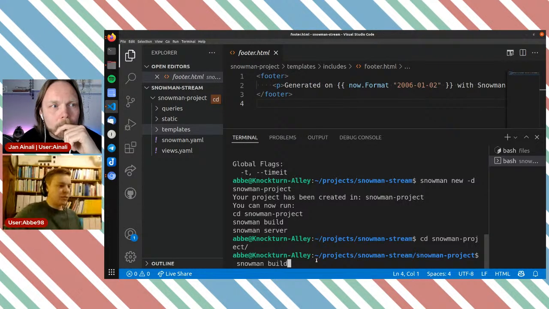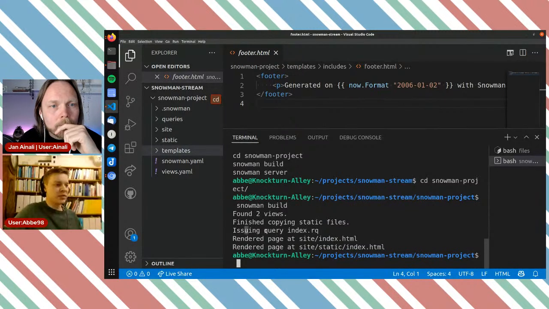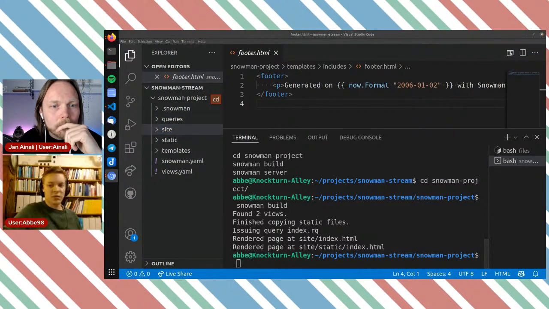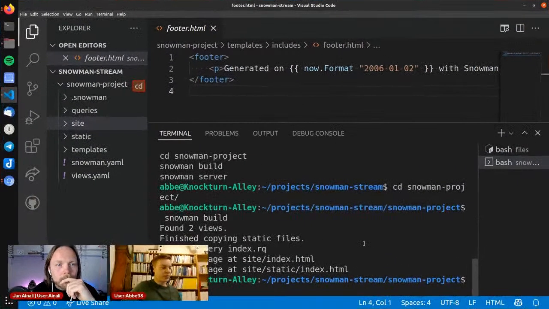It found 2 views, as it's called, and it ran 1 query, and it rendered 2 pages. So we can see we got a new site directory here, and this is technically a fully working web page. So I'm going to start that web page, so to say,